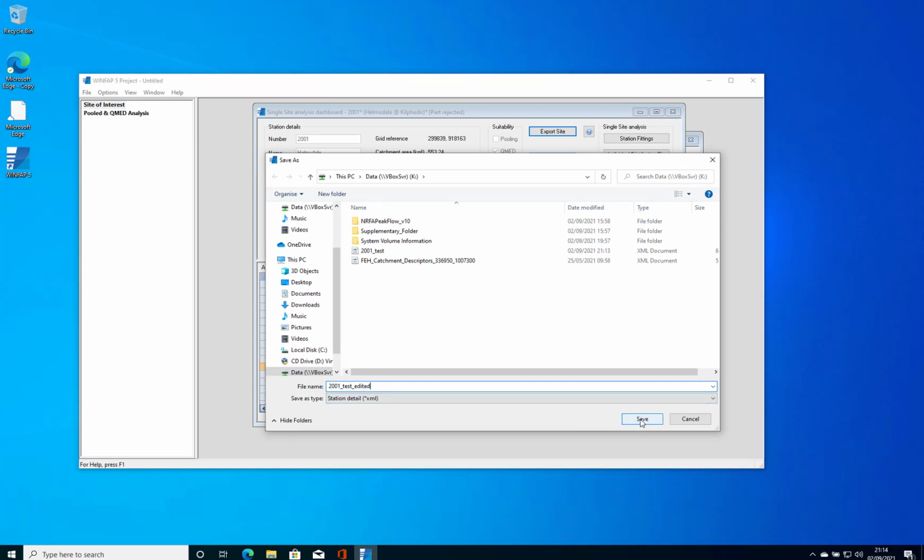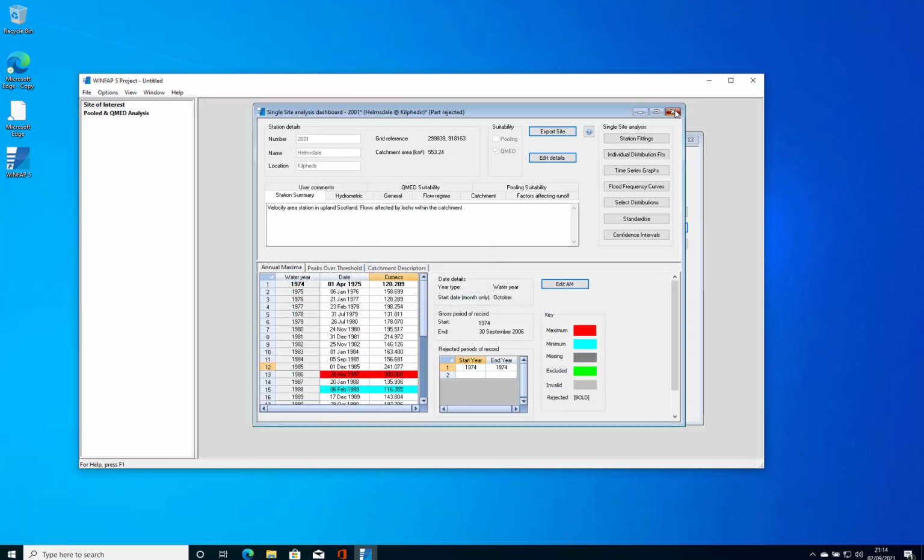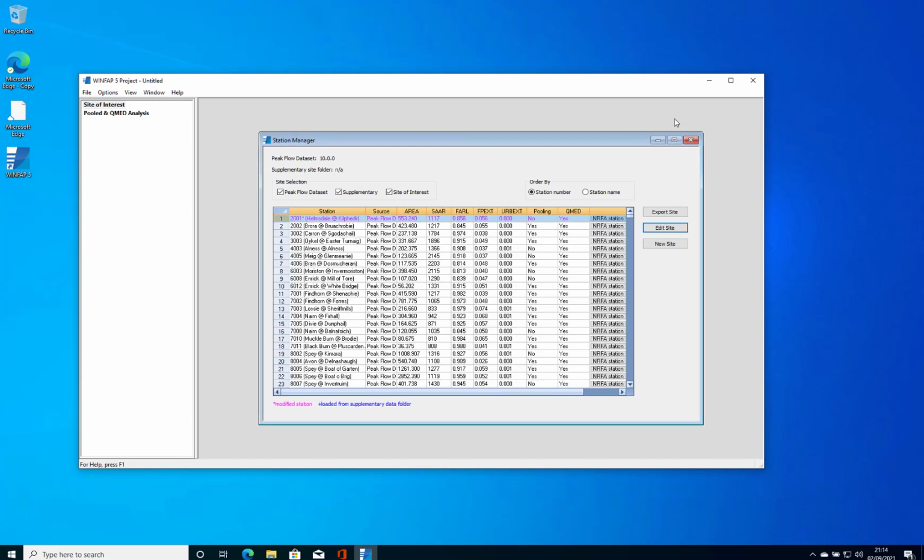So again, it'll export the XML, and alongside that, it'll also be the AM and PT file as well. Okay, so we've exported that. So our third option is to